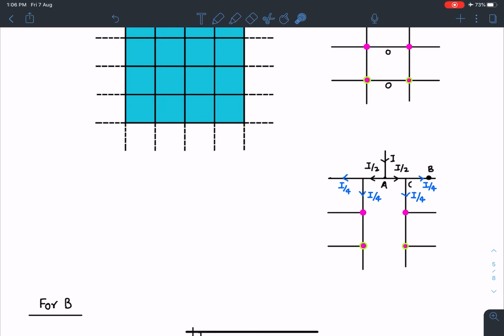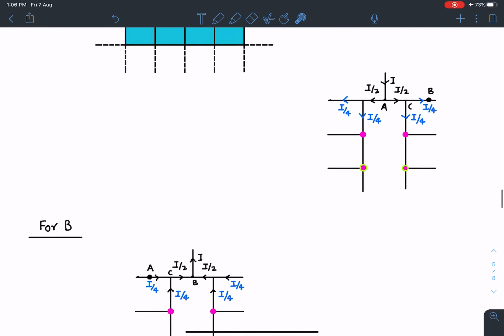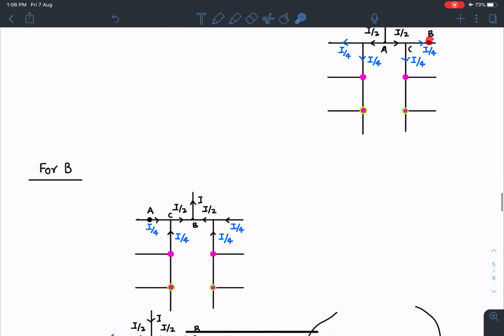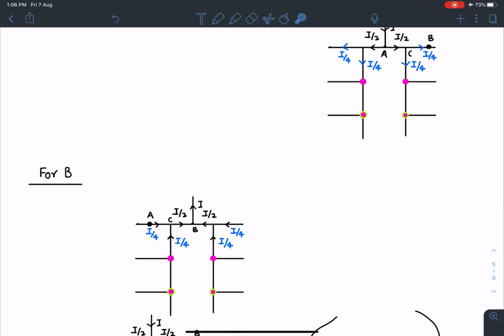Now for point B, we are going to collect this current from infinity to B. So if you see here, this point B is somewhere here. All right. Now we are going to collect this current at B. A is somewhere here. So again, I can remove all these grids. They will be identically placed. They will have equal potential. So after that, I can say current in these two branches is I by 4 here, and I by 2 in this branch, and finally I current we are collecting at B